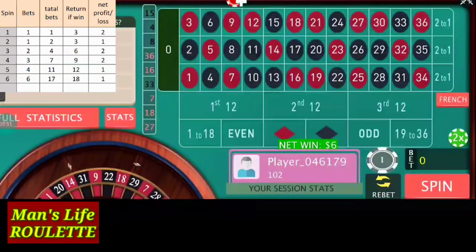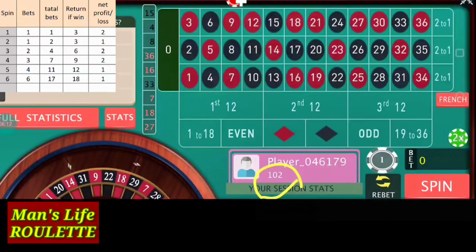So whenever you win, you can see the profit is just $2 as per my strategy. Also at the fourth spin, if you win, you will make a profit of 2 units. So my profit till yet is 2 units or $2, you can say. Whenever you complete this cycle, or whenever you win at any point of time, just start from the beginning